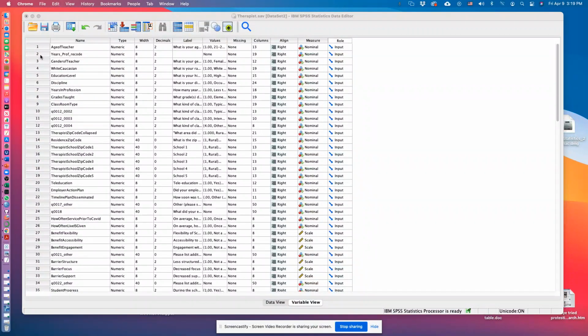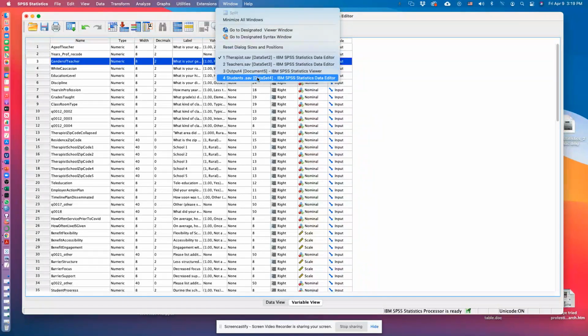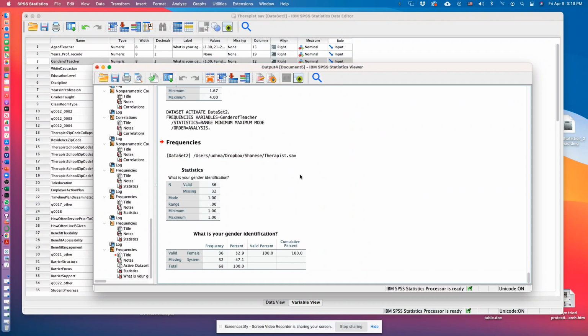So if we look at something like the gender of the teacher, if we just ran a quick analysis of that, we can see where it's saying that there are 68 teachers, apparently 68 female therapists in this group, and I guess there's another one for the male therapist. Maybe not. Maybe there are only 36 female therapists. Yeah. So,